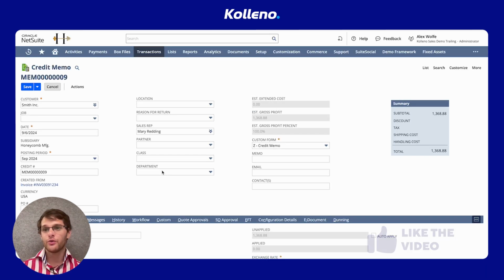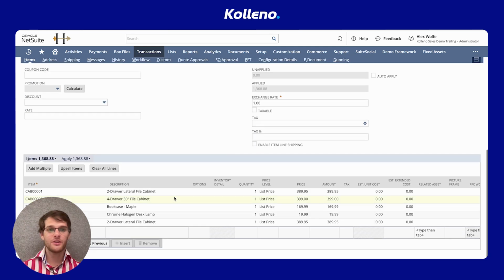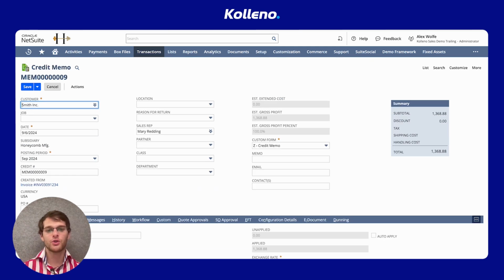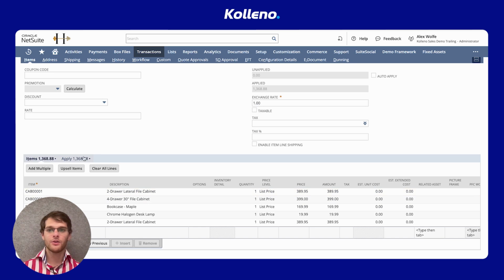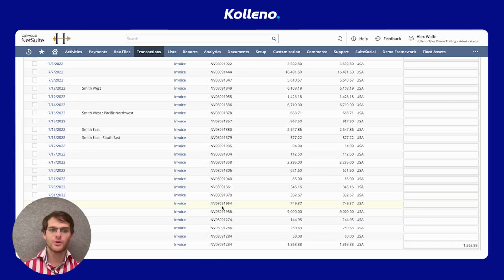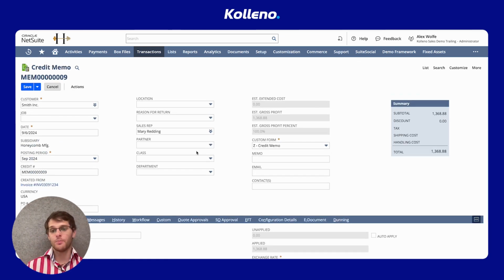Once you're here, you fill in the details as usual for the credit memo. I have a video explaining how to do it, and then you save it and the invoice will be credited. You can see in the apply that it's been pre-selected for you on the correct invoice. To review how credits were applied, you would go to the credit memo payment and check the apply or credits